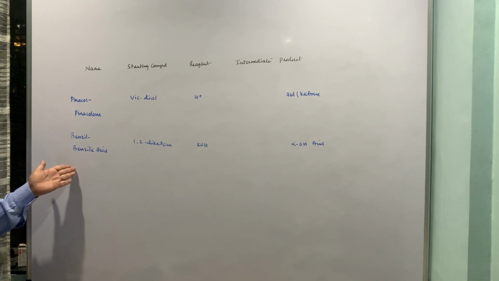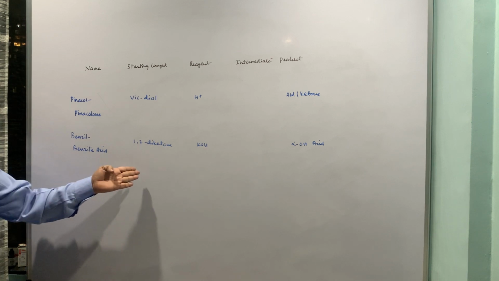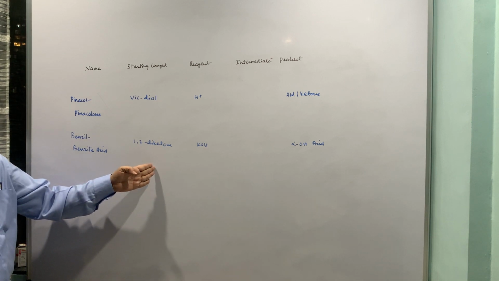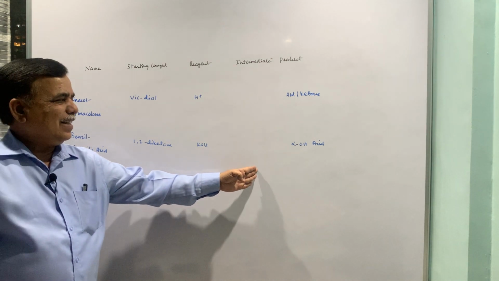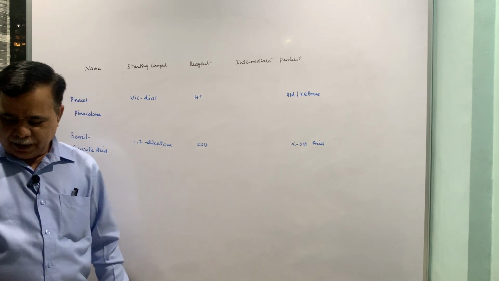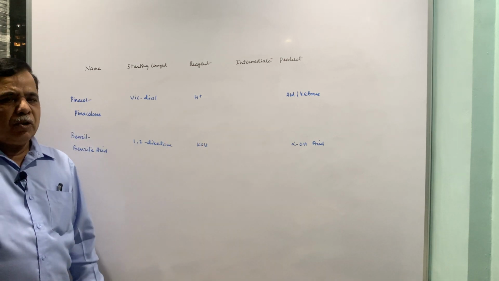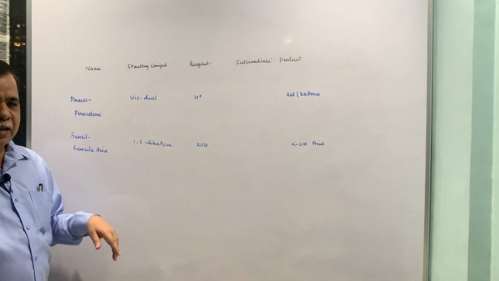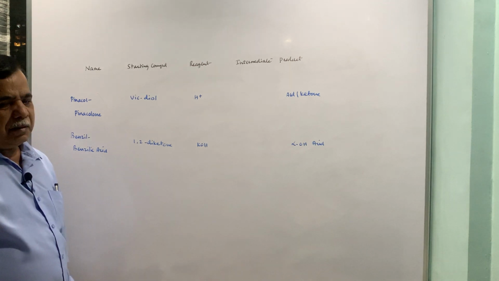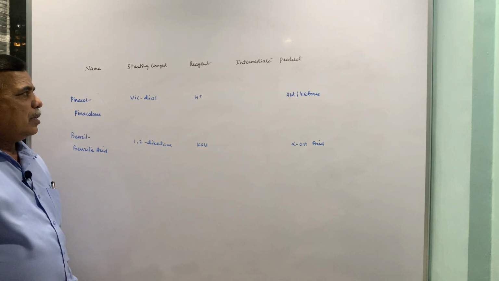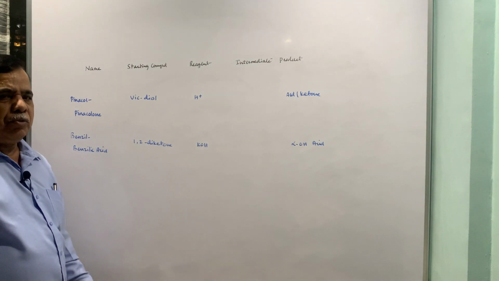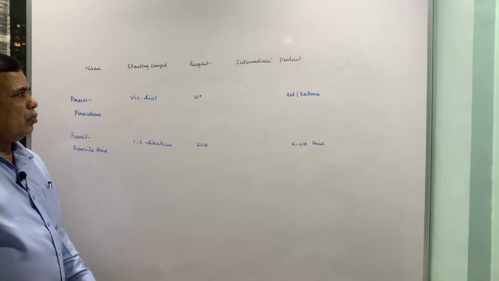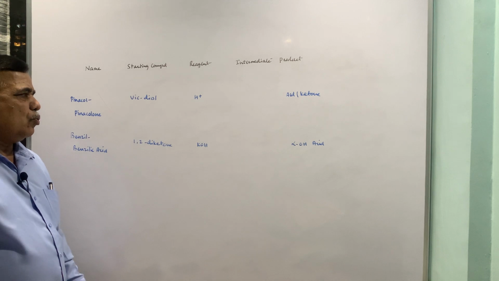Similarly, you can write this down for all of these. Say the Wolff reaction, you are starting with acid. Acid is the starting compound. Reagent is diazomethane. Intermediate is ketene, and the last product is the homologous acid, and so on. This way you can make a chart and remember all the reactions in your syllabus. At least the reactions listed in the syllabus should be known to you, or you should be well versed with the reactions, their mechanisms, and so on.